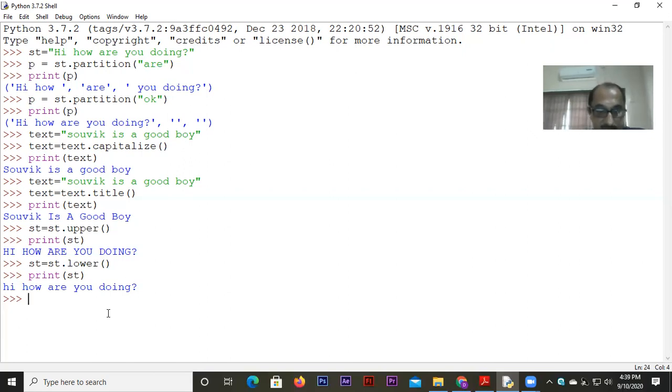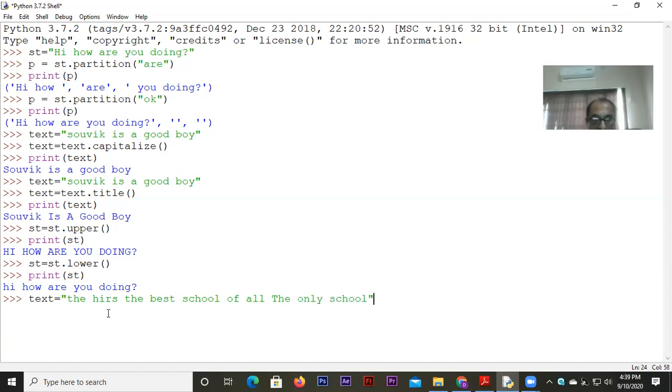Say I wrote h equal to, which one shall I take? Let me take a fresh string, then I'll be able to explain it better. Say I wrote, "the best school of all, the only school." It doesn't make any sense, but still I'm writing it. Look at this.